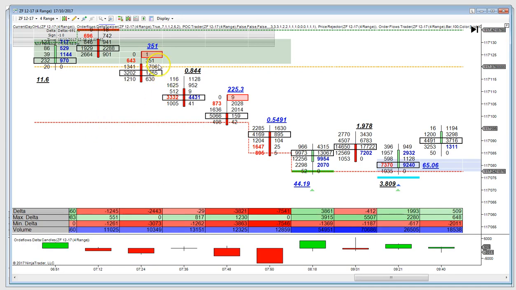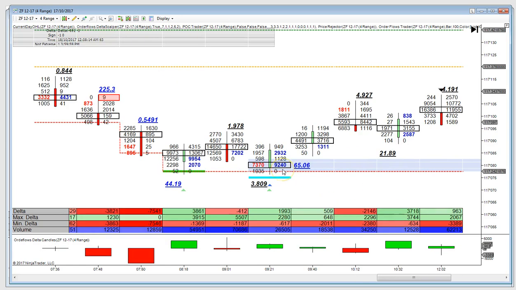So, we were selling off. Strong negative deltas. You start seeing some things change in here, and if you know how to read the delta, you could pick it up. If not, you could see it in the Delta Scalper, which will signal it to you that it's changing from a supply-driven market to a demand-driven market. And again, you have everything giving you buy signals here.